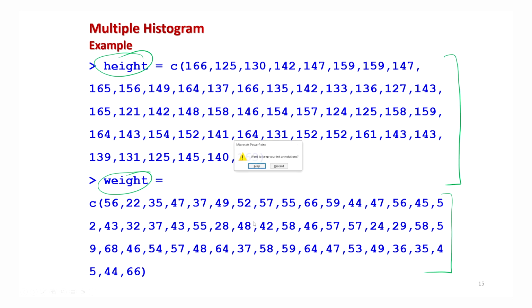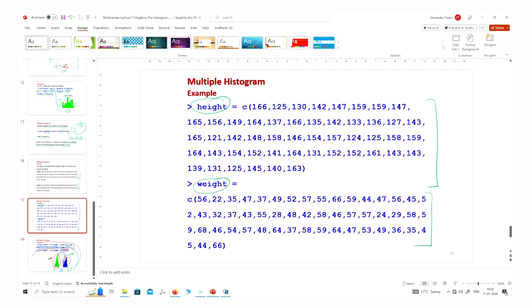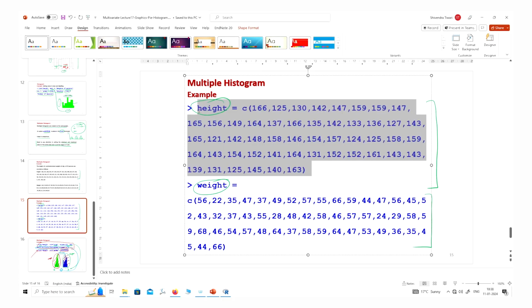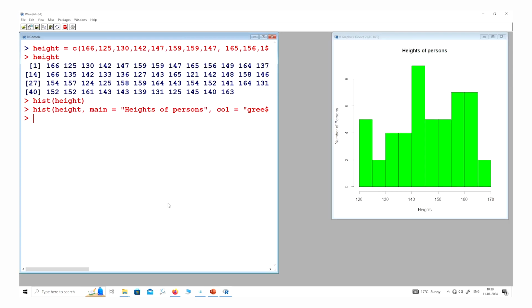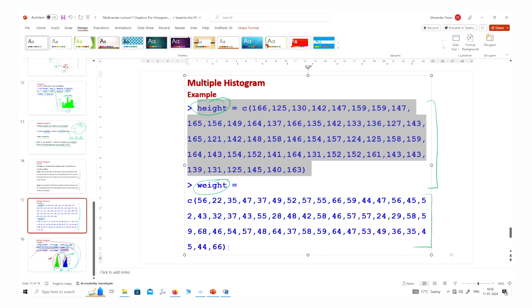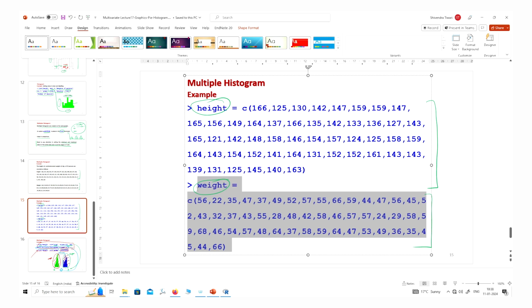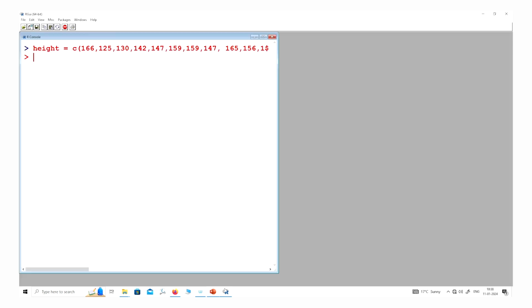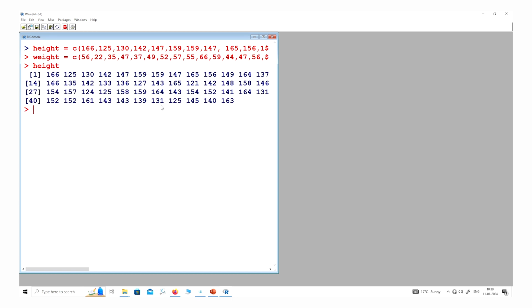So, let me copy here the data on height and weight. Let me clear it. So, this is height, and this is weight, right.